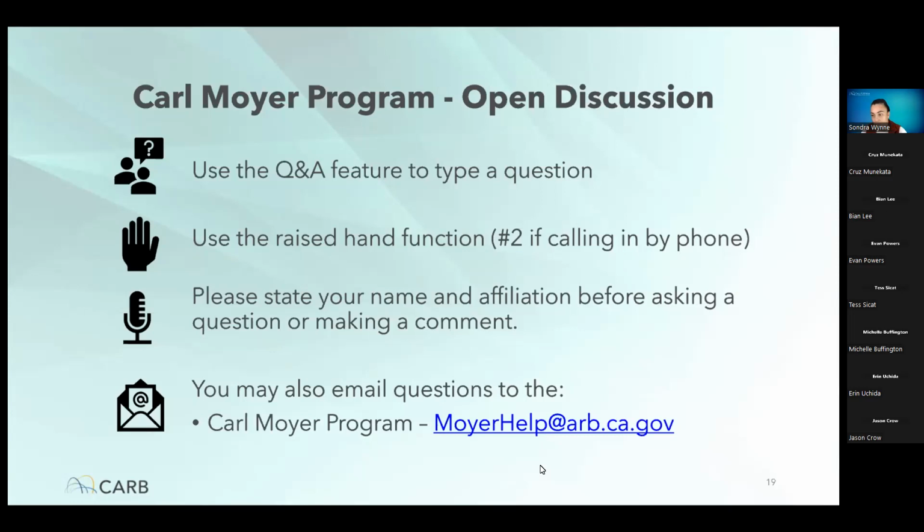Oh, great question. Thank you. So with the ACF requirements underway, Moyer does offer zero emission incentive grants, but it's not specifically restricted to that. And so there's still other opportunities for advanced technology. But with that, we do align with Governor Newsom's direction, and we are encouraging zero emission technology, but we aren't explicitly restricted with that. So hopefully, anonymous attendee, that answers your question.